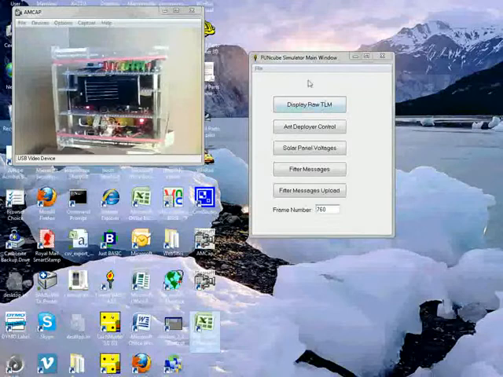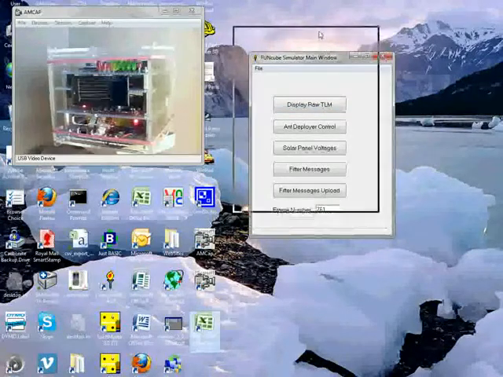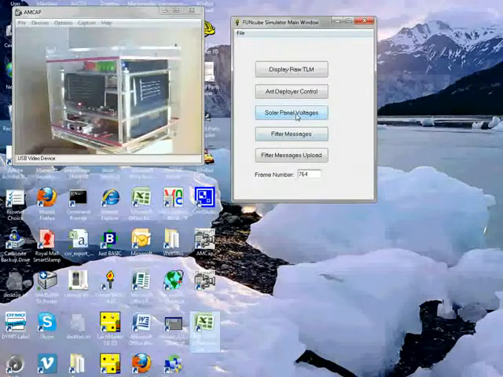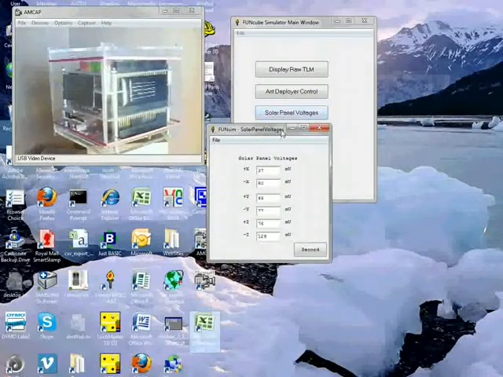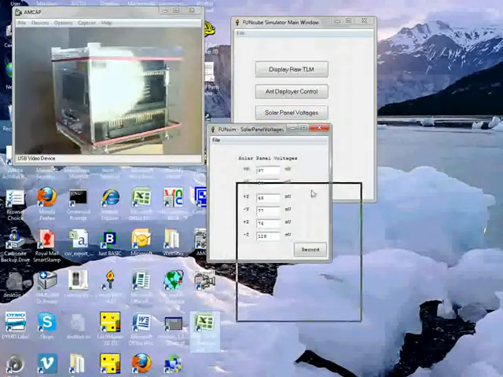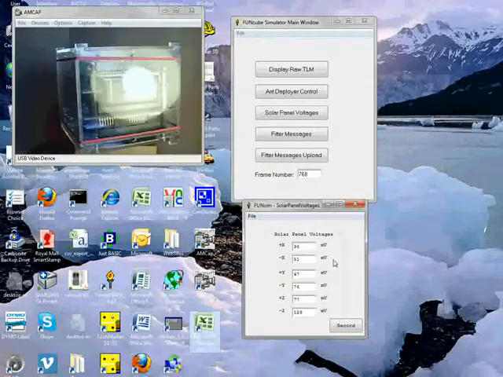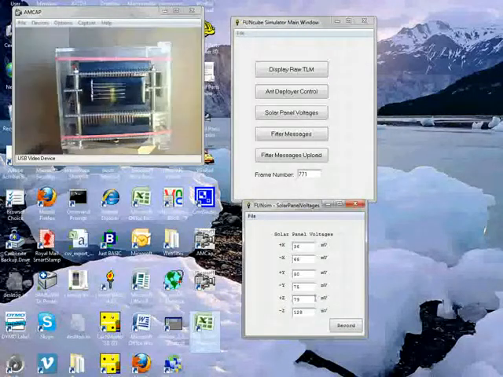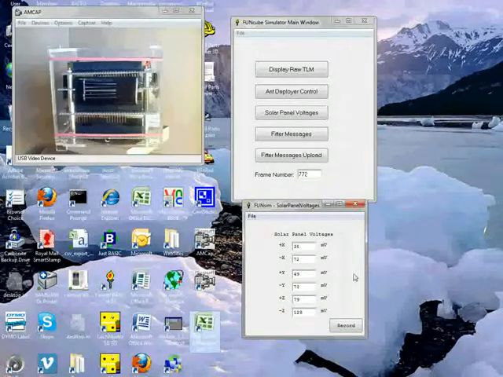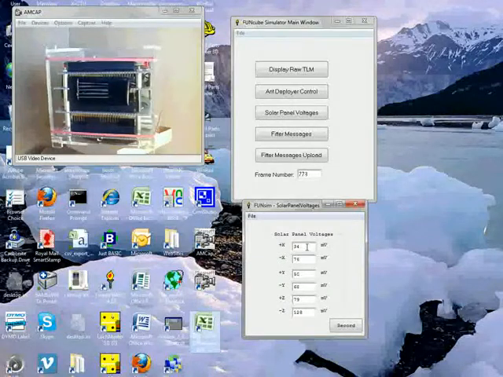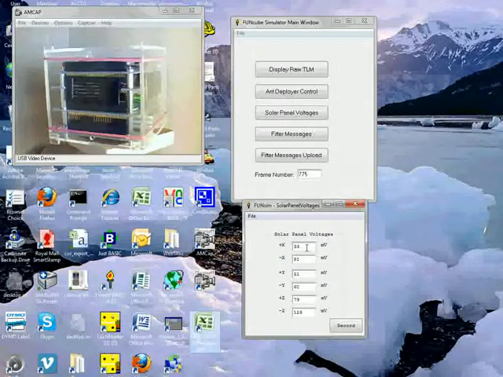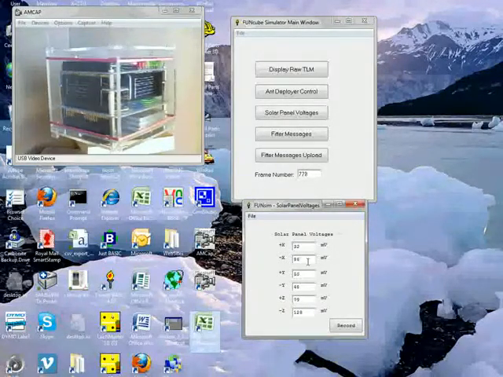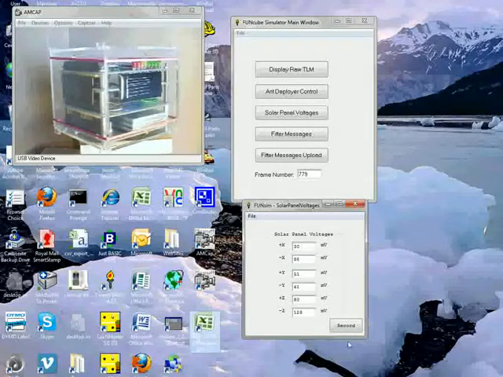So here's the main menu of what I'm calling the simulated ground station, and as you might have seen before, this little window gives the solar panel voltages, and ignore the bottom two because the plus or minus Z solar cells aren't fitted. These are just random voltages, but you can see as it's turning the voltages are varying, and at any one time one of them is quite high and the other three are fairly low,